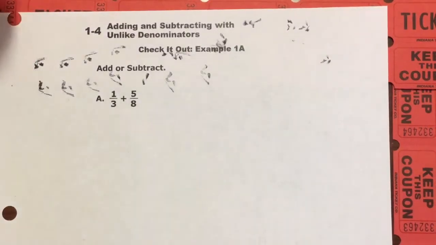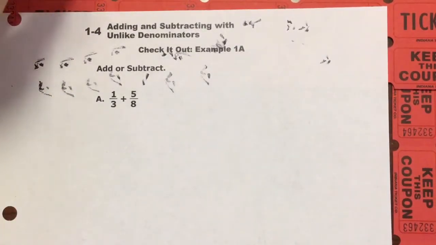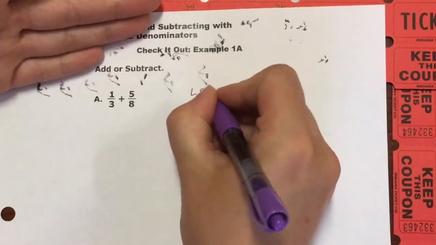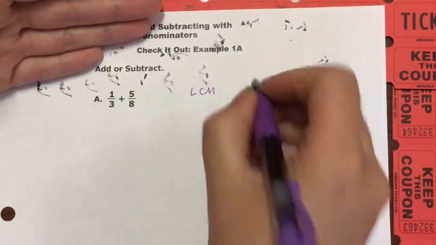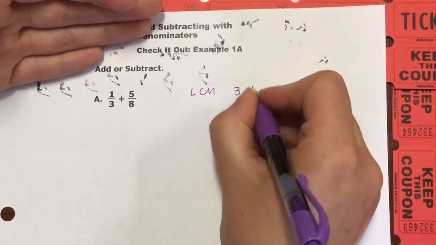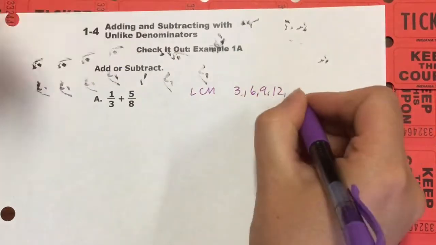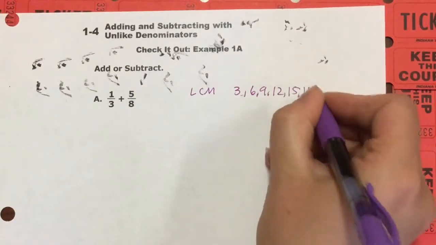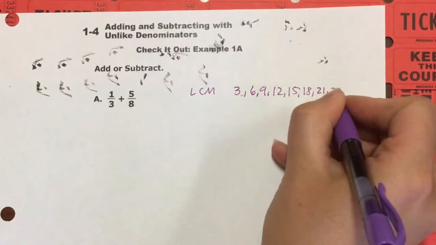Okay, we are back. We're gonna add 1/3 plus 5 over 8. And remember, whenever we're adding or subtracting fractions, we need a common denominator. So to do that, we are going to find the least common multiple, or the LCM, between 3 and 8. And how we do that is just by counting by threes. 3, 6, 9, 12, 15, 18, 21, 24,